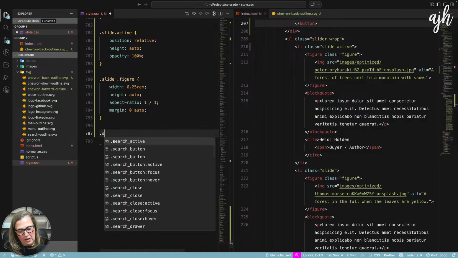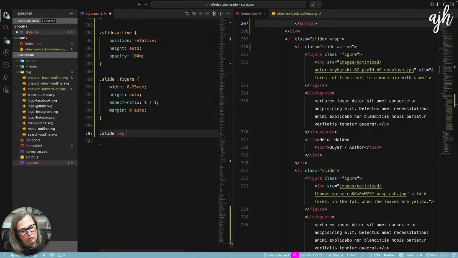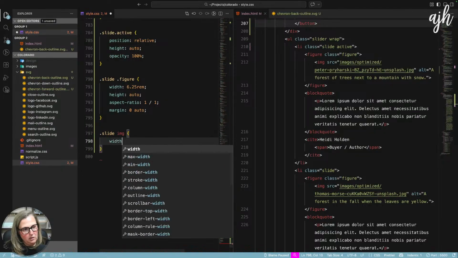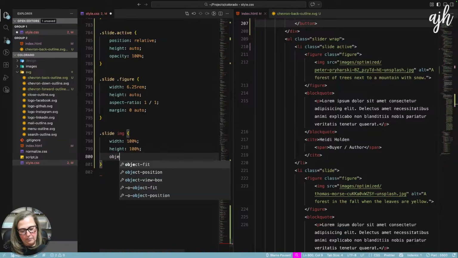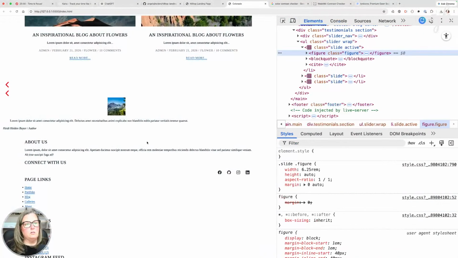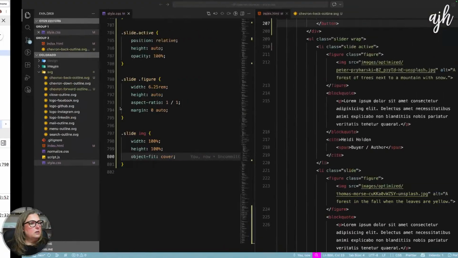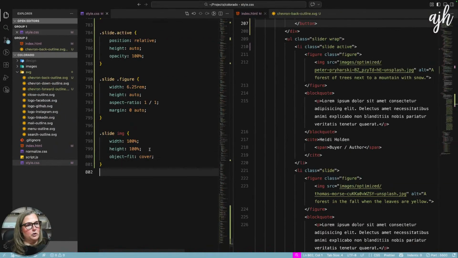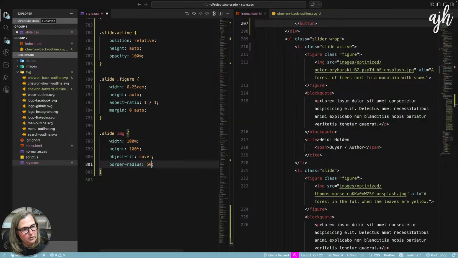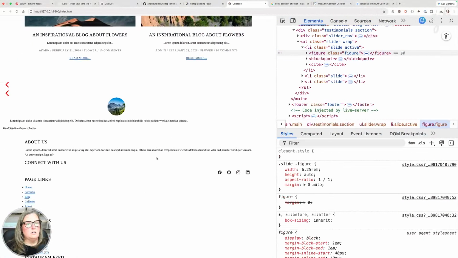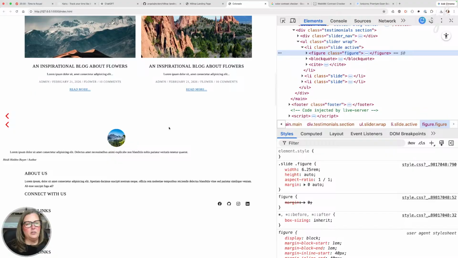And then our slide image will be width 100%, height 100%, object fit cover. There it is. And then let's make sure that this has a border radius of 50%. There we go. It's pretty small.